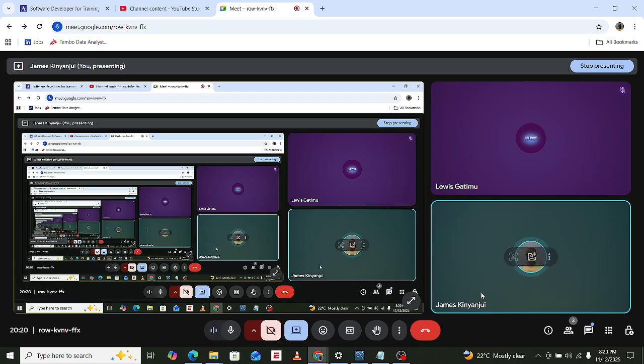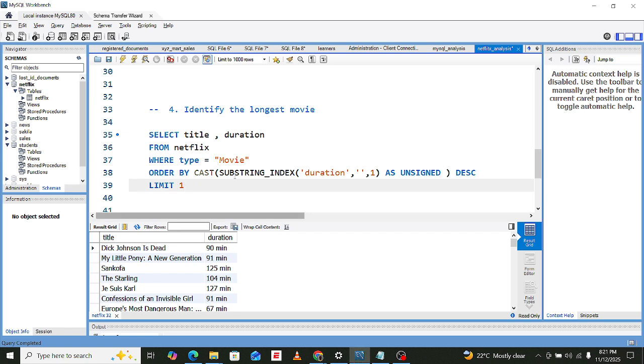Yeah, so Lewis, that is it. Let's get into that. We are ordering by cast, substring index, and then we limit by one. Let's see if we are going to get the correct thing here.